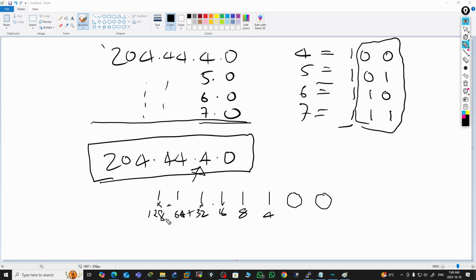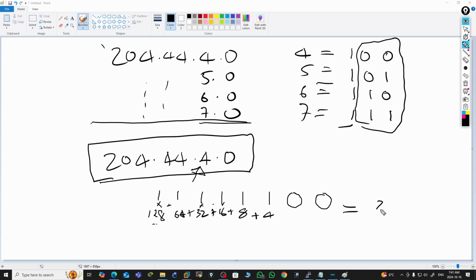Each of these positions has a value: we have 128 here, 64, 32, 16, 8, 4. We actually have 2 and 1 here too, but since they are zeros, multiplying gives 0 and 0. So 4 times 1 gives 4, 8 times 1 gives 8, 16 times 1 gives 16. So if you sum everything,